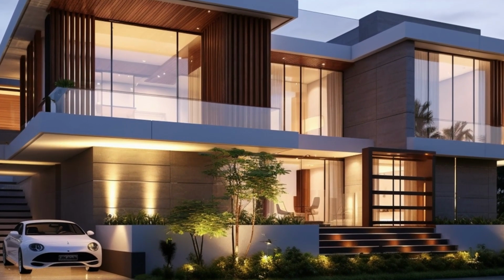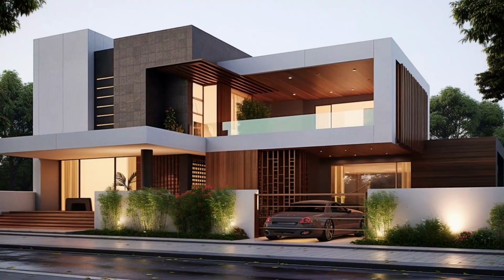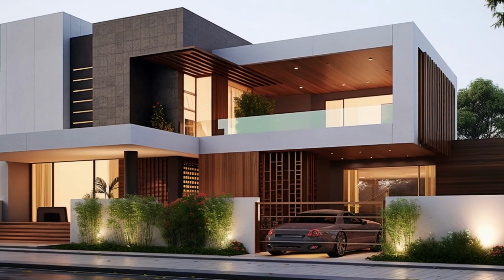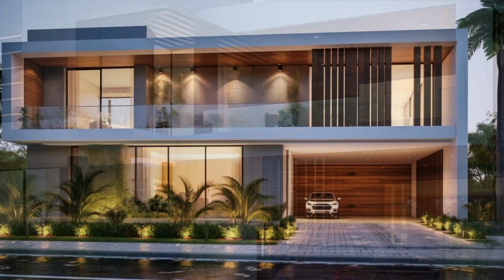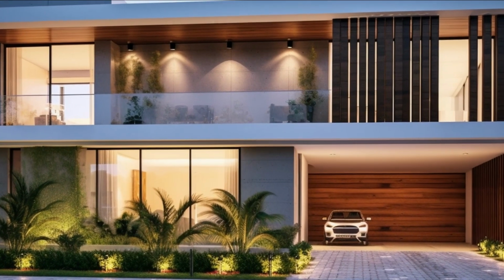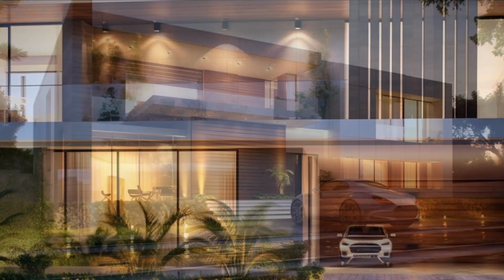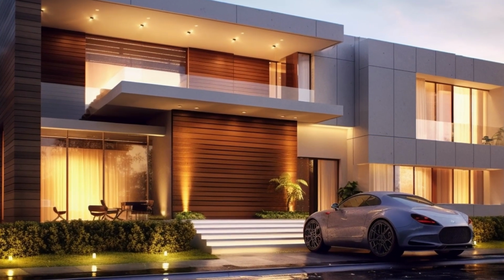Let's embark on a journey of contemporary house design and explore the endless possibilities of creating your dream home in 2023. Are you ready to embrace the elegance and sophistication of contemporary design? Join us now as we discover the world of contemporary house design and inspire your vision for a truly remarkable